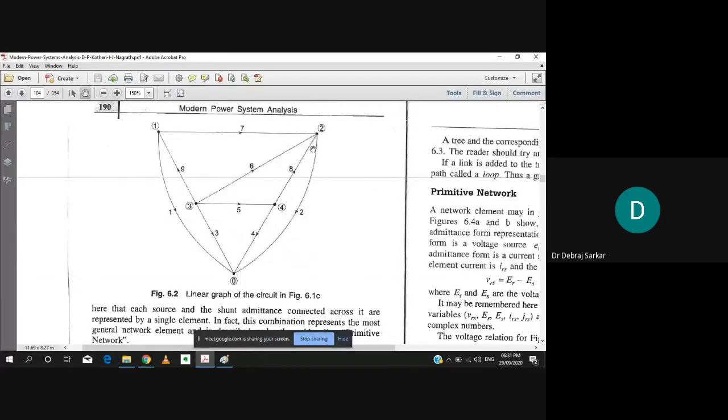This method of calculation of circuits you have not studied before. You have studied node analysis and mesh analysis, but those things are actually derived from this graph theory. This is actually a part of graph theory. From whatever graph you get, you have two subgraphs. One subgraph you call a tree, which has branches, and the other subgraph you call a co-tree, which has links.